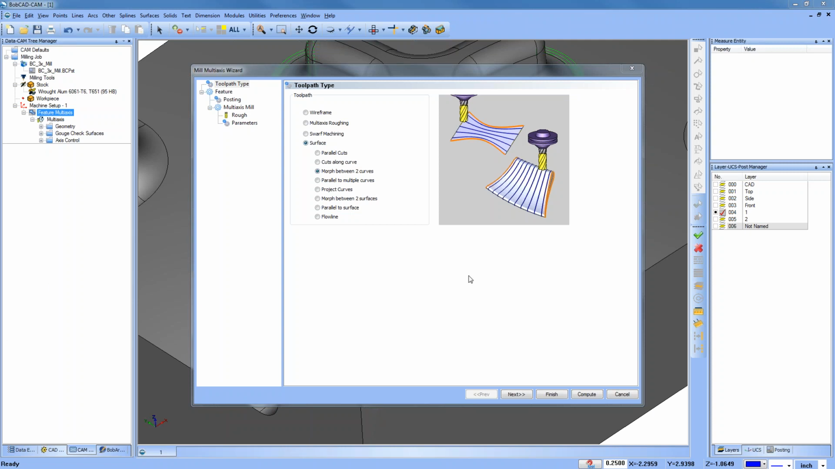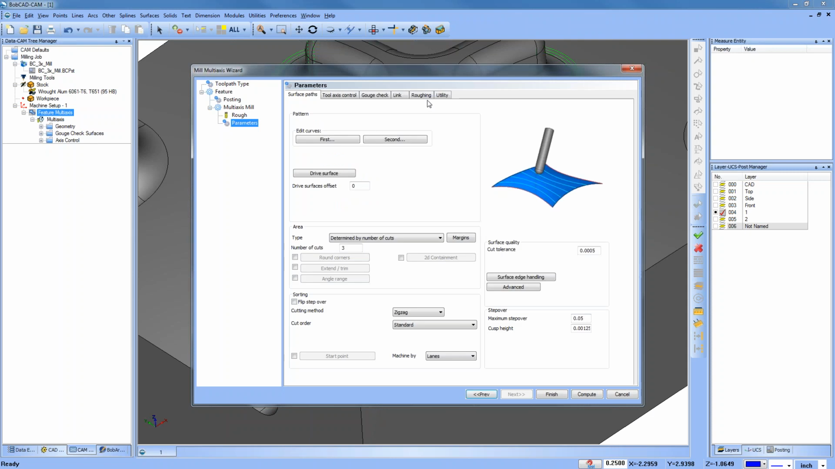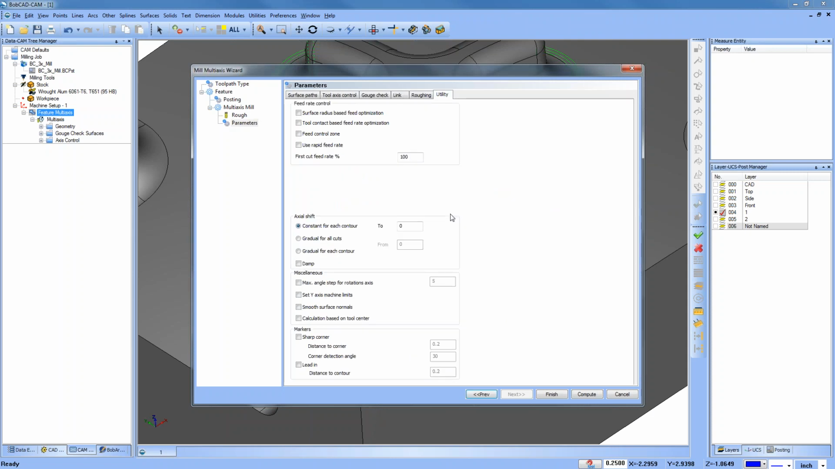Now, Dirk, I didn't forget about you. We do have just a few minutes left on the hour. There were some questions in here about some of the utility options. There are some utility options: surface radius-based feed optimization, contact-based feed rate optimization, feed control zones, user rapid feed rate. We have axial shifts to move things down, gradual for all cuts, damping,